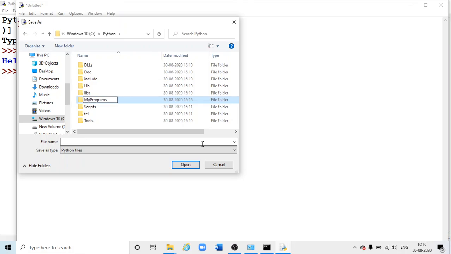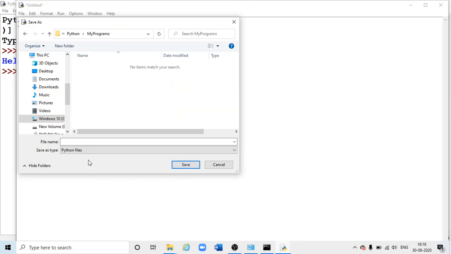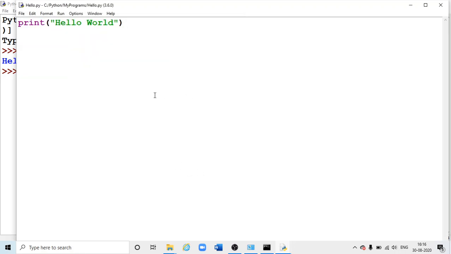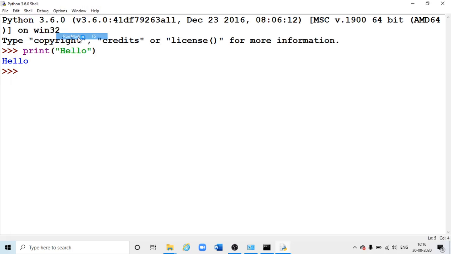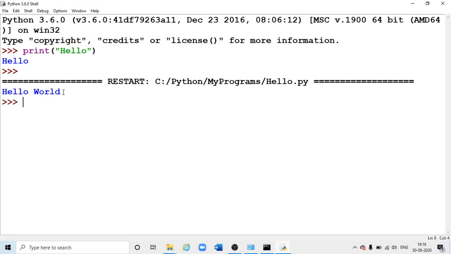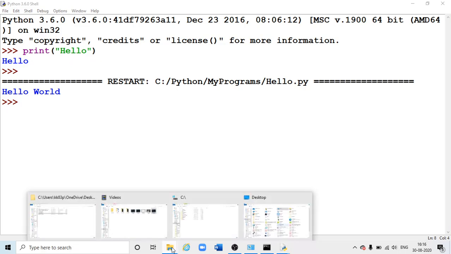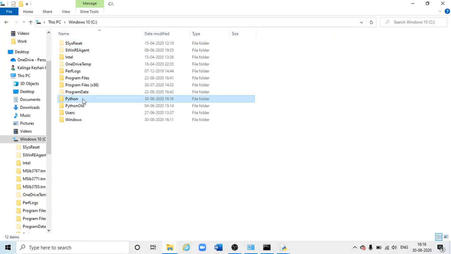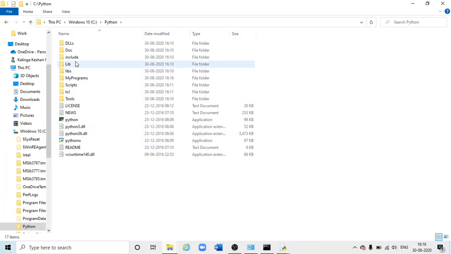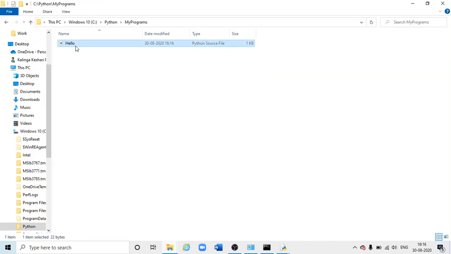I'll give my programs. So then open hello.py and save. So now it is done. Now I can run from here. Yes, so it is running successfully, and I can go to C folder Python, and then I'll go to my programs. So here is my file.